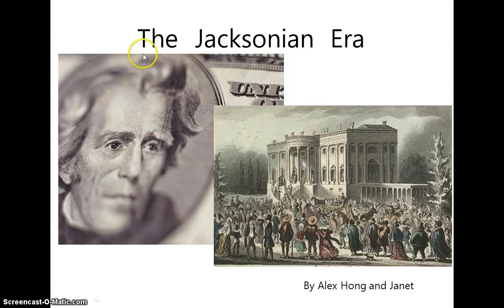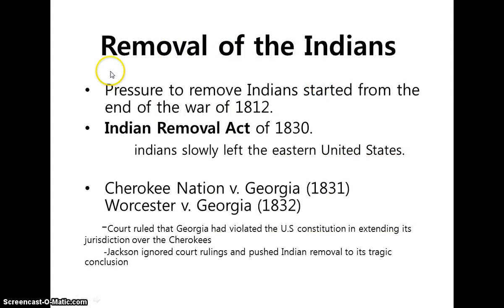Okay, so the Jacksonian era. I'm gonna talk about what happened during the Jacksonian era. So let's go to the next slide. Removal of the Indians. The major topic during the Jacksonian era could be the removal of the Indians because